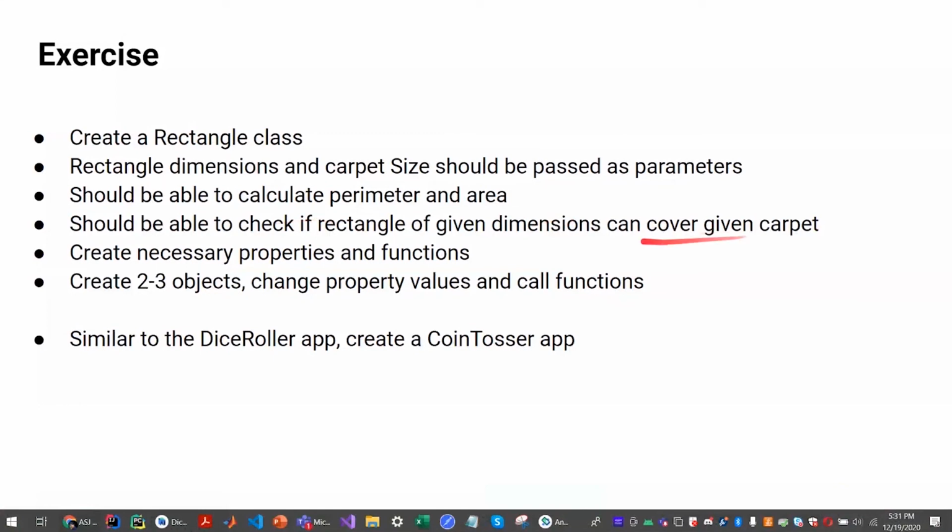So that's where the carpet size or carpet area would come in. So based on this, you can create the necessary properties and functions, create 2-3 objects, change the property values, and call the functions in the main just to test your class. And you can also do something similar to the dice roller app. You can create a coin tosser. So you'll have much less code, but this is just to familiarize yourself with the concepts we learned today.